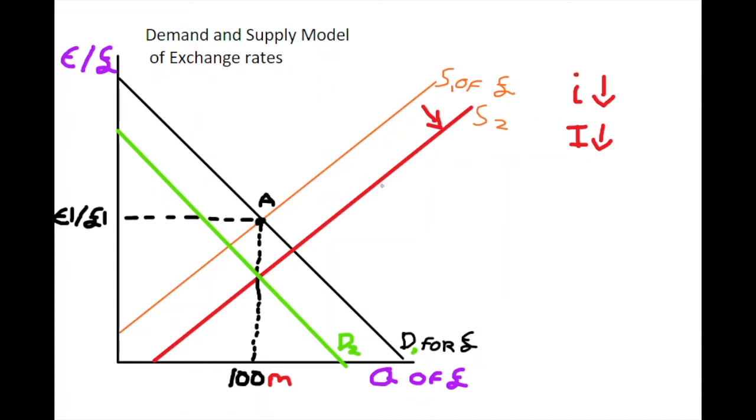We have an extra supply onto the market of sterling, and we also have a reduction in the demand for sterling. Both of these effects will tend to weaken the currency or depreciate it, and in our case here the depreciation goes down to point B, and at point B we can see now that the pound sterling is weaker. So £1 sterling is now no longer getting us the euro. We'll say it's only getting us maybe 80 cents in terms of a euro,